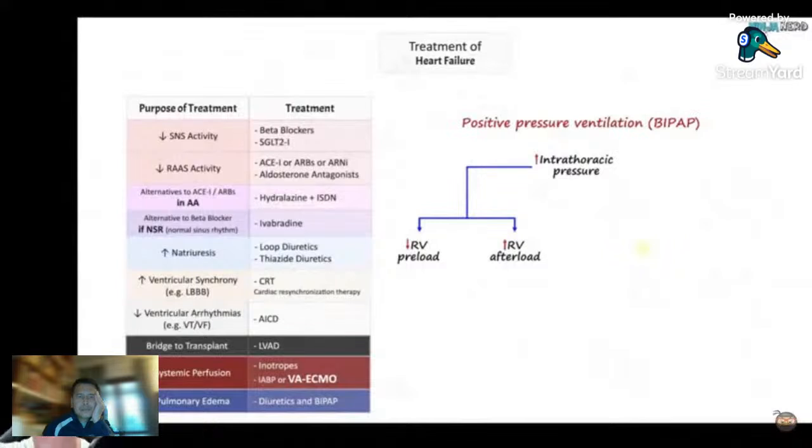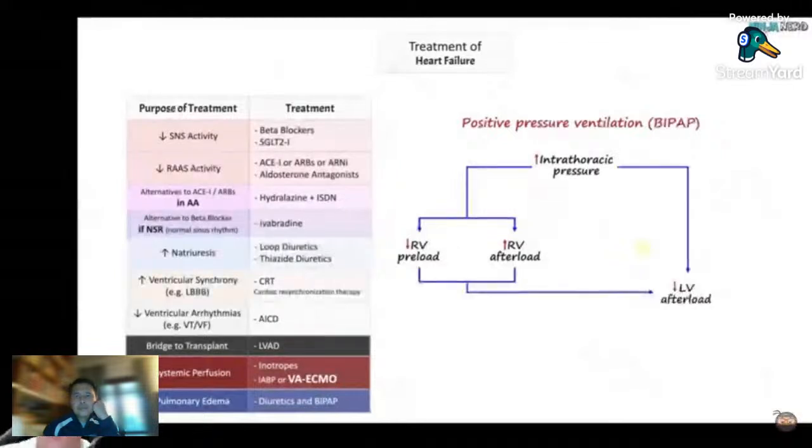Less pulmonary edema. The other concept is that it drops your left ventricular afterload. So the pressure in the aorta drops, and it's easier to get blood out of the left ventricle. If blood is coming to the left heart, you have more blood going out of the left heart. That's going to improve your cardiac output and reduce pulmonary edema, but more particularly reduce pulmonary edema. And that's one of the benefits of this therapy in patients who are in acute heart failure or potentially cardiogenic shock.